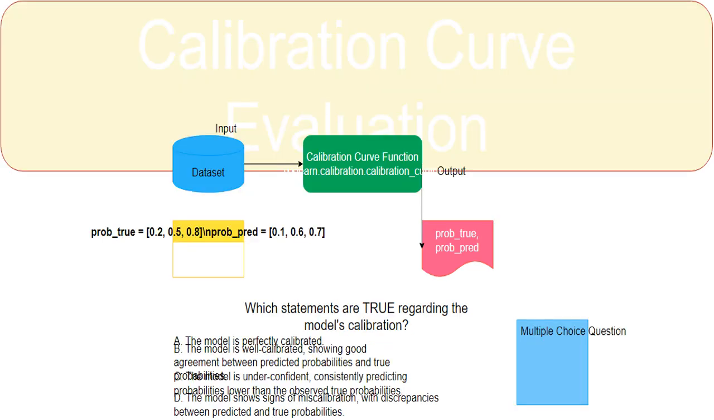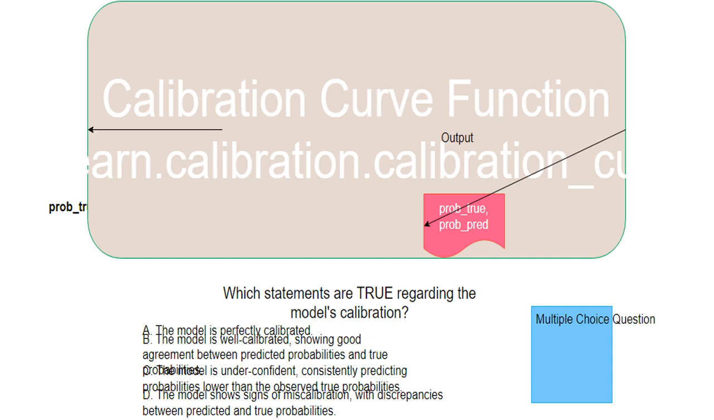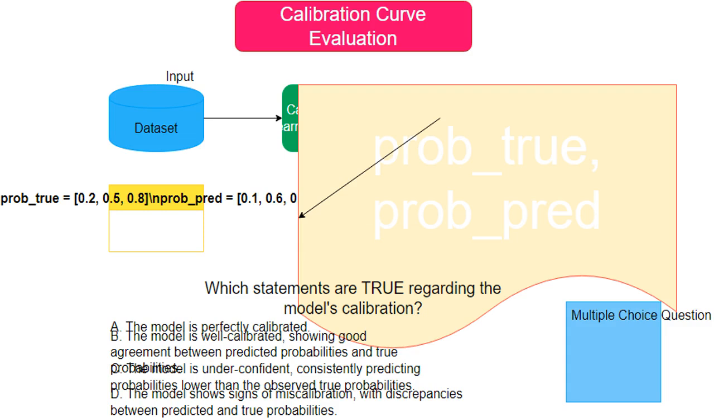This is the overall task: to evaluate how well a model's predicted probabilities line up with actual outcomes using a calibration curve. This refers to the specific function in the Sklearn library used to compute the calibration curve. It takes predictions as input and returns the _prob_true and _prob_pred arrays. These are the key outputs from the calibration_curve function. As we discussed earlier,